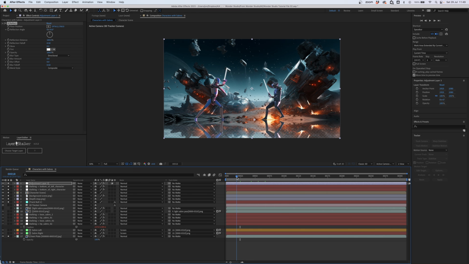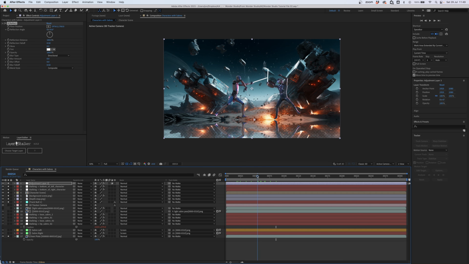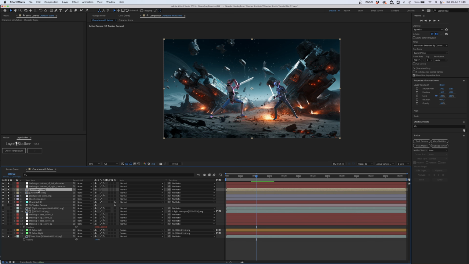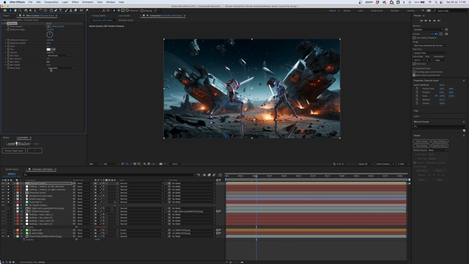So it's just a quick way of giving this sort of scene something extra fancy, and it looks like you're doing amazing CG because you've got the reflections going on. But we obviously want those shadows. So we're going to copy our effect, delete the adjustment layer, duplicate our character scene again, move that to the top, paste in the effect, and we want to be able to track the point at the bottom of our character.